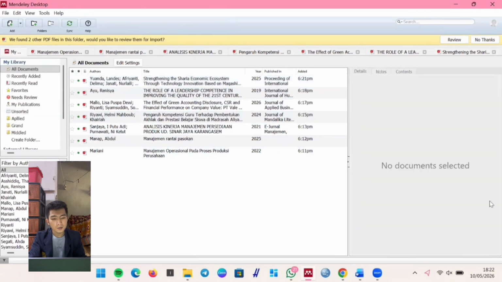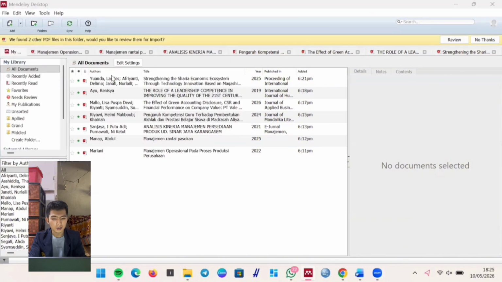Instead, enter the name of the seminar or conference, for example, Proceeding of the International Conference on Management, year and city. Don't forget to include the year and the city where the seminar was held, if that information is available.